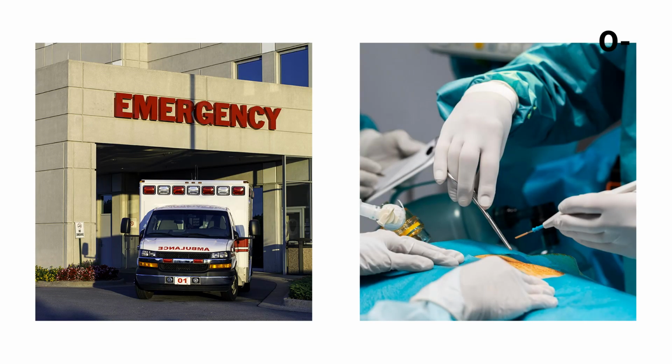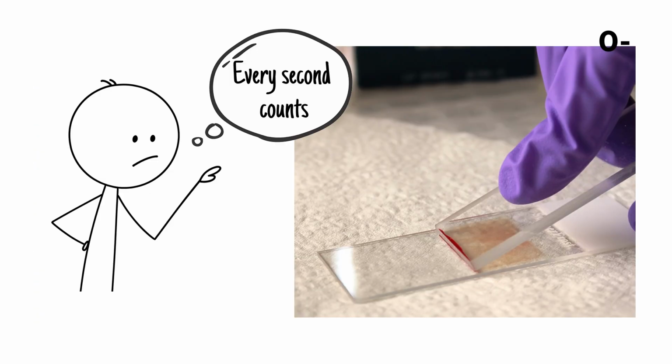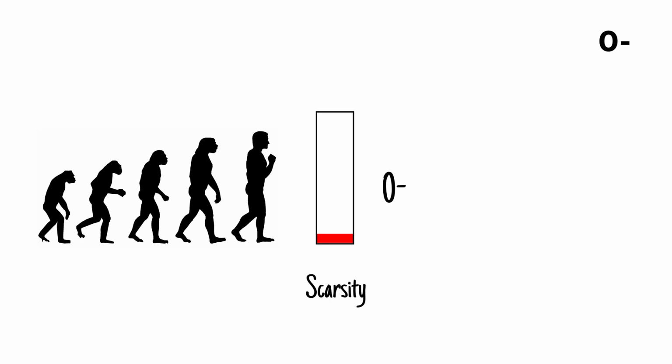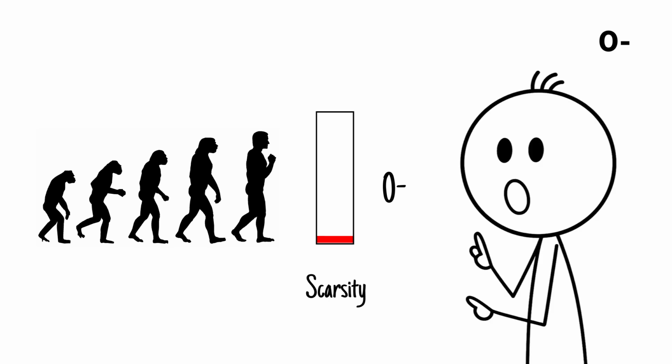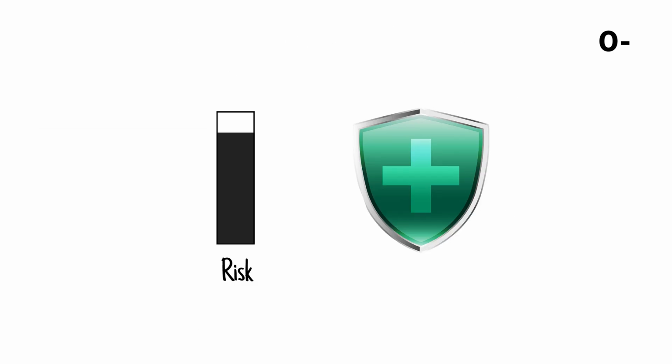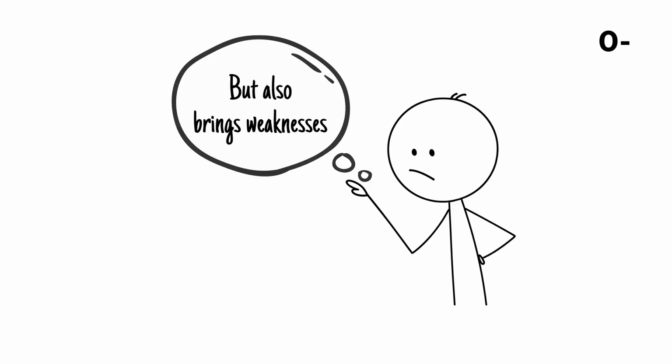In emergency wards and disaster zones, where every second counts and blood typing is impossible, O negative is the first and often life-saving choice. From an evolutionary perspective, its rarity highlights how unusual it is to lack all three major blood antigens. The absence of these markers greatly reduces the chance of immune rejection during transfusions, but it also brings